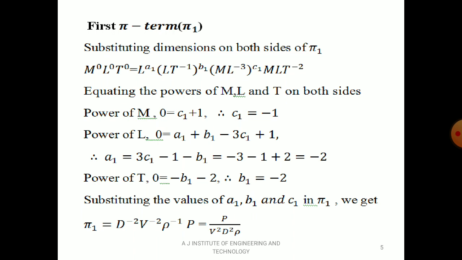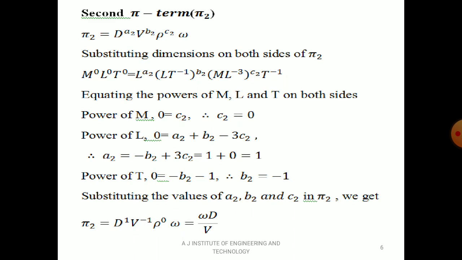So the expression for pi 1 is p divided by v squared d squared rho. Next, pi 2, the second pi term. So pi 2 equals d to the power a2, v to the power b2, rho to the power c2 into omega. Now substituting dimensions on both sides of pi 2,